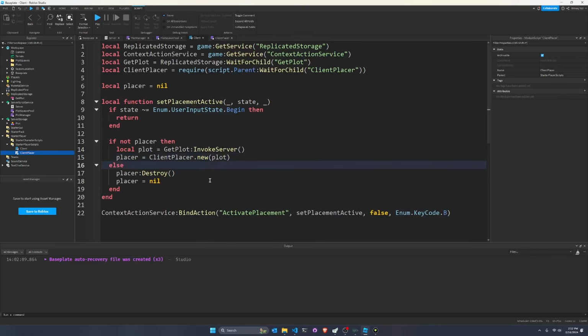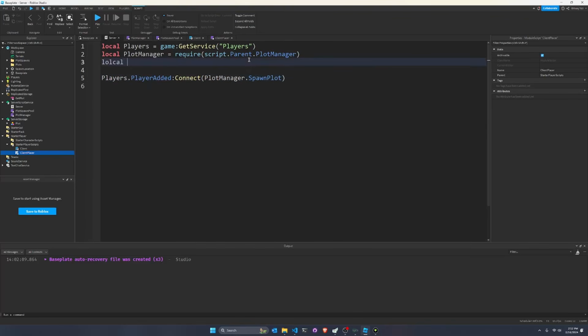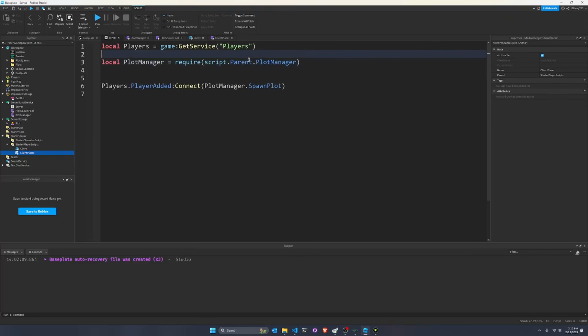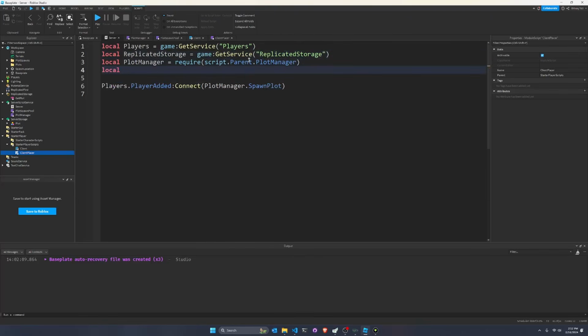And then before we run this, we want to write the GetPlot hook on the server. So in the server, first, we're going to get ReplicatedStorage. Local ReplicatedStorage equals game:GetService("ReplicatedStorage"), and then we're going to say local GetPlot equals ReplicatedStorage